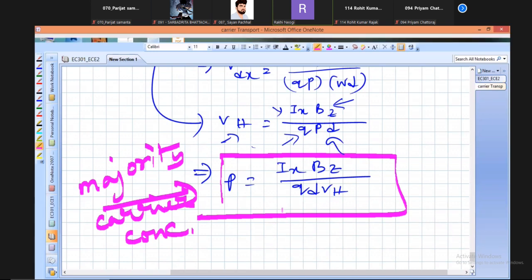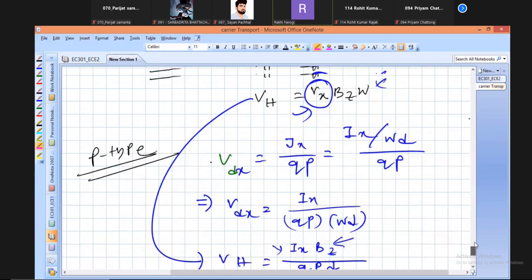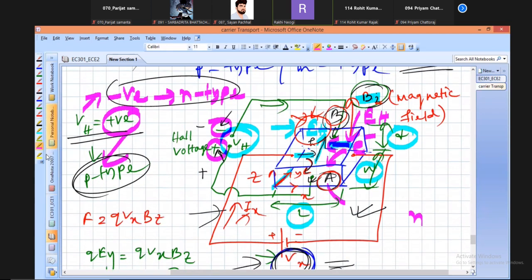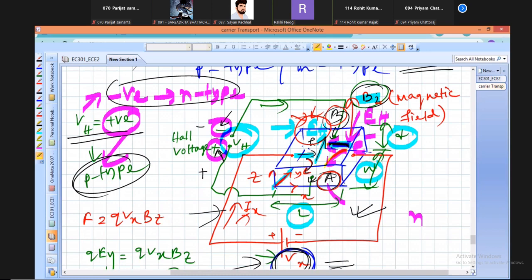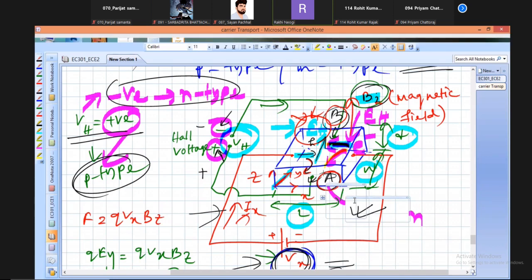Now, this I am defining for p-type. Similar to that, you can write this for n-type. Remember, students, for n-type the Hall voltage is negative. We already mentioned, because the electron is moving in that direction, the electron will experience the force in the negative y direction. Due to that, electrons will accumulate on side A compared to side B. Electrons carry negative charge, so more negative charge on side A compared to side B. Charges are separated, an electric field will develop, and the electric field direction will be from B to A.